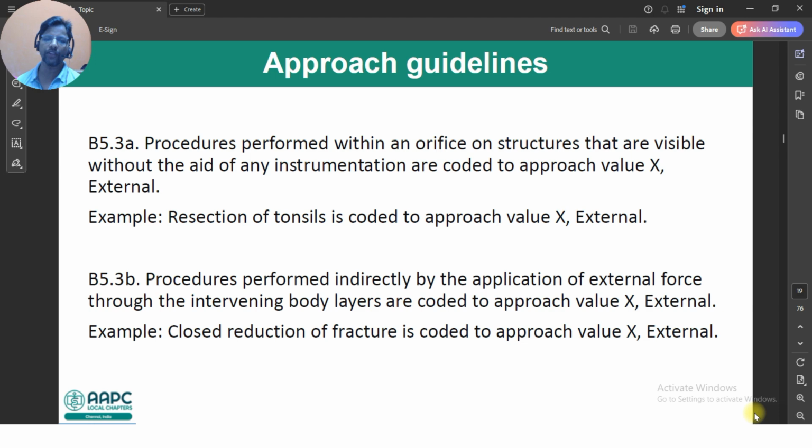Next one is procedures performed indirectly by the application of external force through the intervening body layers are coded to